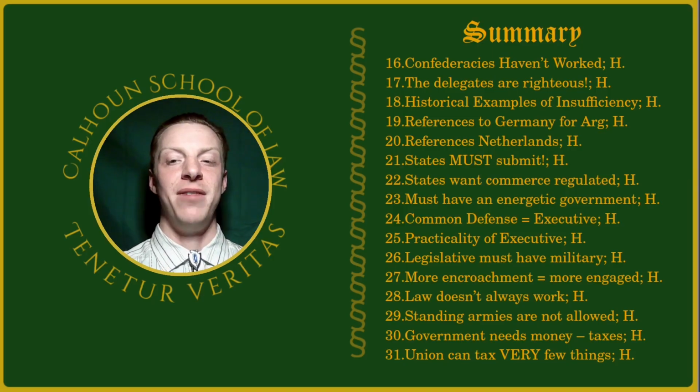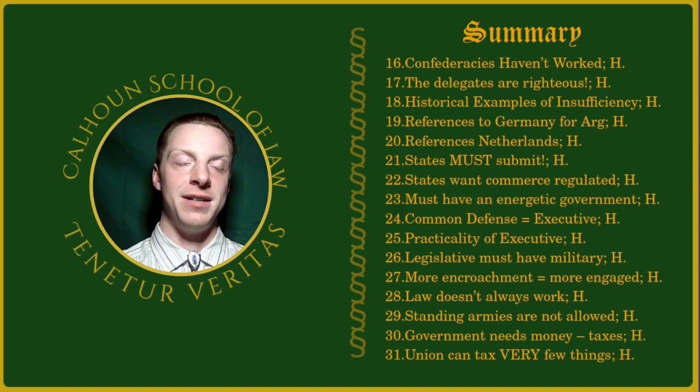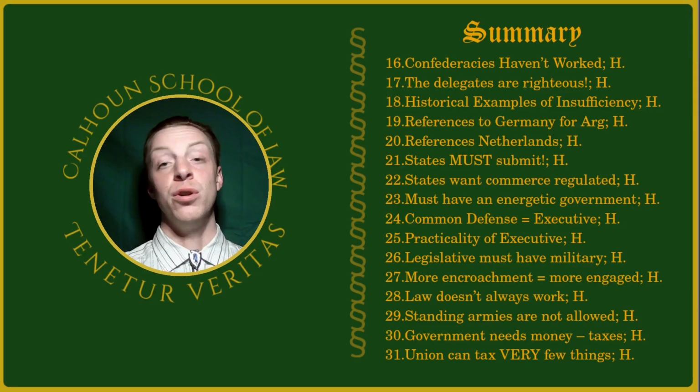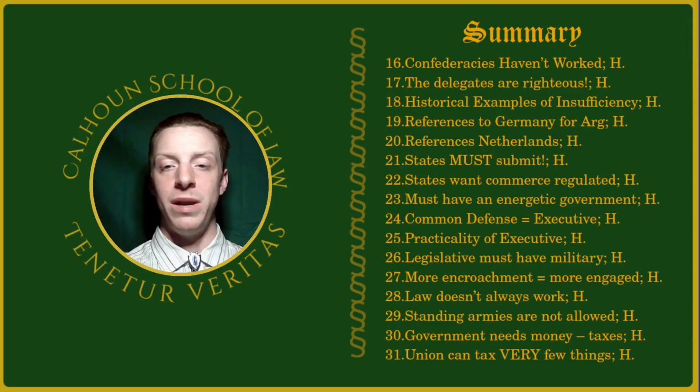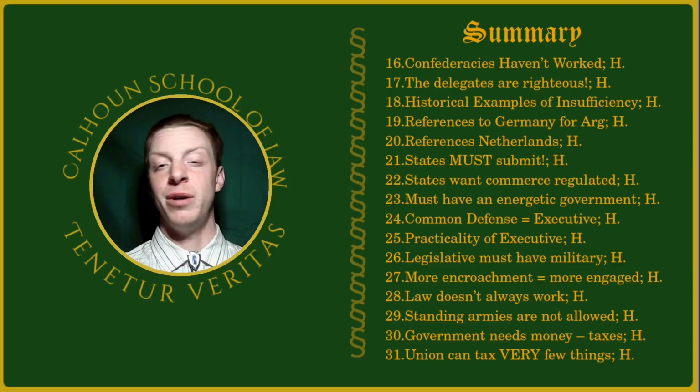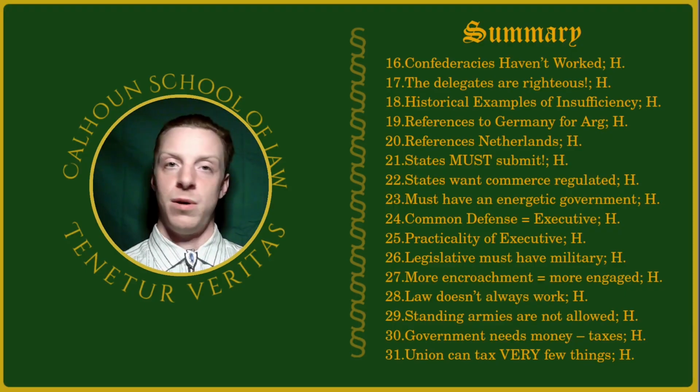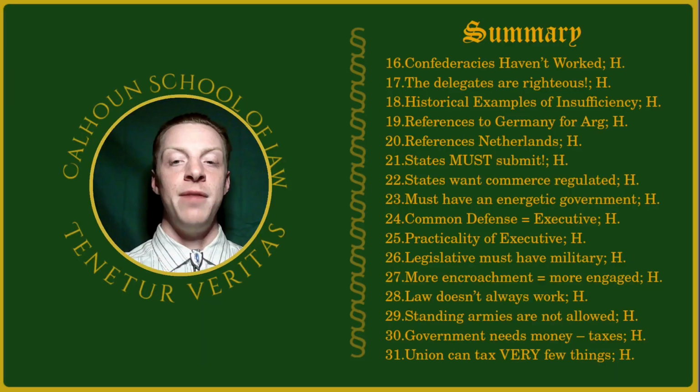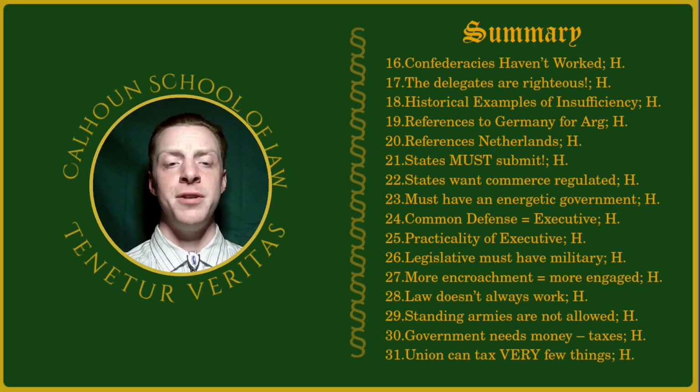23. Must have an energetic government. Of course, this is completely antithetical to what the framers were looking to do. That's why they have so many kneecaps, so many obstacles for government action in general. Hamilton, of course, arguing to the opposite, advocated on behalf of having an energetic government, one that is very capable, one that is very intimately interwoven into your daily dealings. Not just at the state level, not just at the union level, but at the individual level. Hamilton, again, quite the centralist.